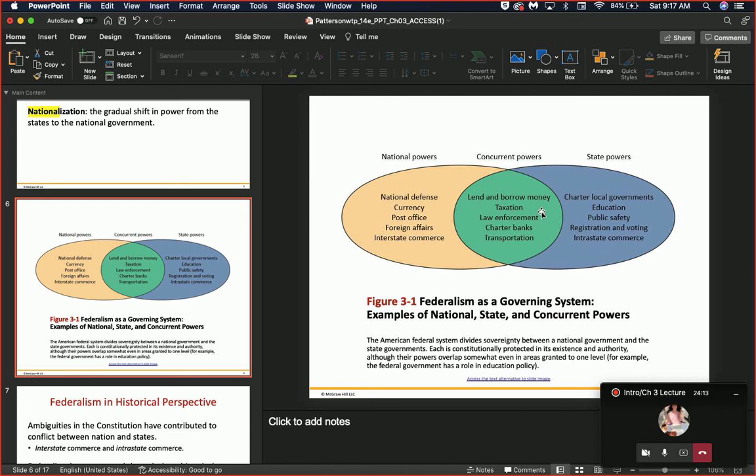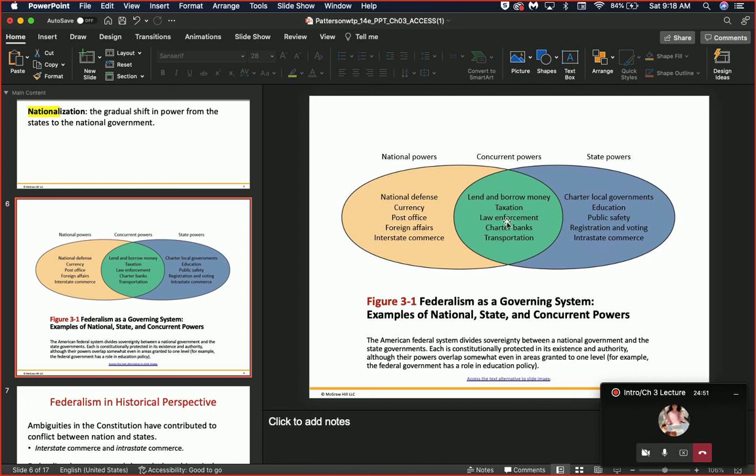Taxation: we have the income tax, right? That is a national tax. Our state government does not have an income tax. In fact, Texas has passed an amendment saying that it is no longer able to even suggest having an income tax. But there are different states, such as California, that do have income taxes, because they have the power to tax. Both at the national level and at the state level. The way you see taxes at the state level in Texas, think of things like your sales tax and your property taxes. That is state level taxing.